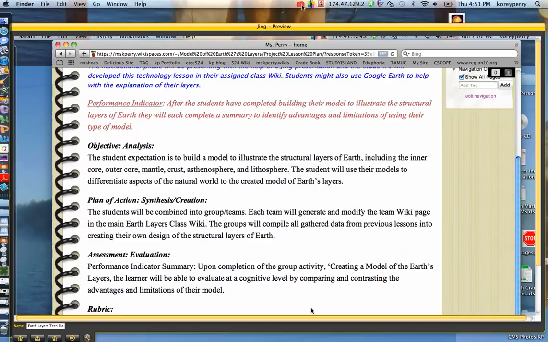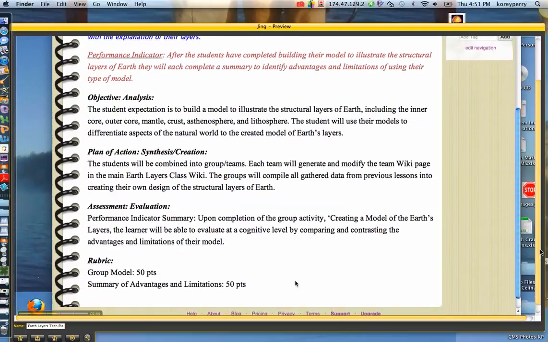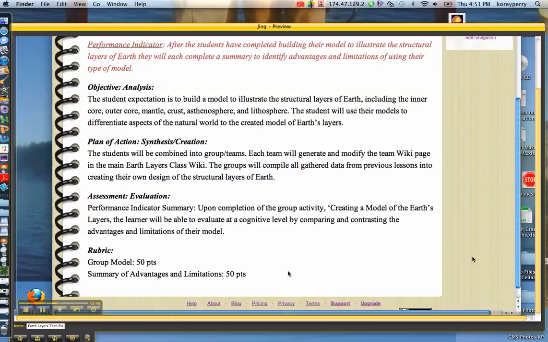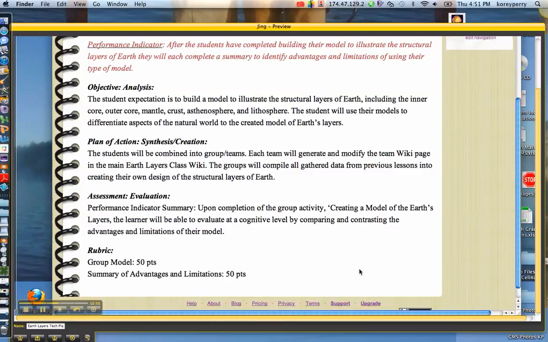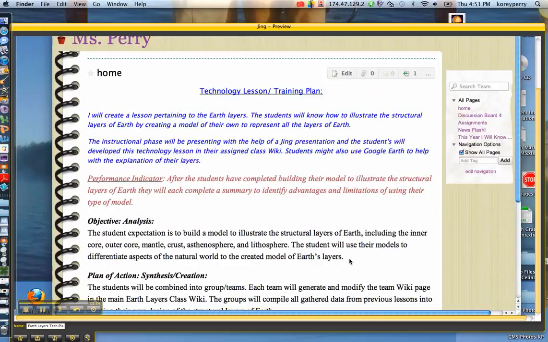The rubric for this entire assignment is going to be the group model that you create together on the class wiki page. It's worth 50 points, and the summary of advantages and limitations is worth 50 points as well. And that will be done in a Word document or some other creative application and be delivered into your classroom folder page online. Okay, so if you'll go back up here to projects,